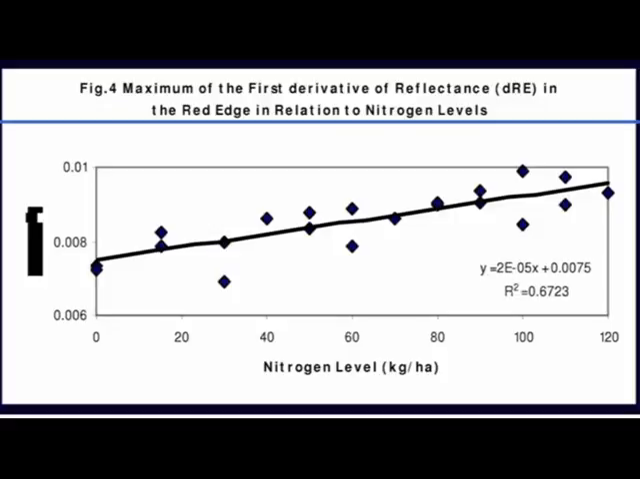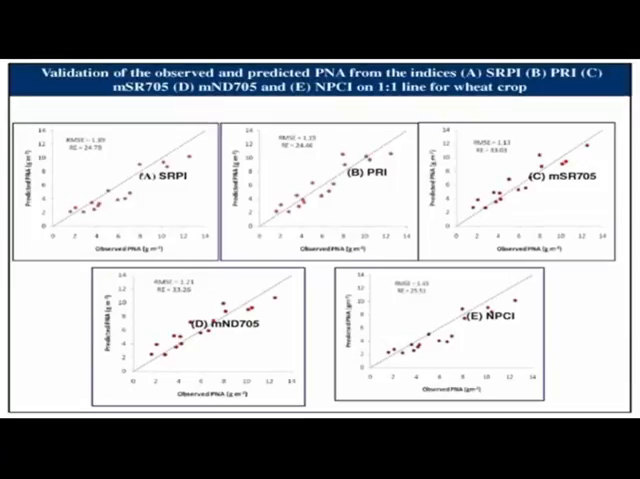Then coming back to plant nitrogen accumulation with respect to different indices that are very sensitive to nitrogen content, some of the indices are given over here. You can see how good the prediction model was with respect to the observed values. So nitrogen stress can be very well monitored using this hyperspectral remote sensing technique. Not only nitrogen, phosphorus, sulfur and potassium can also be monitored very well. Now coming back to water,